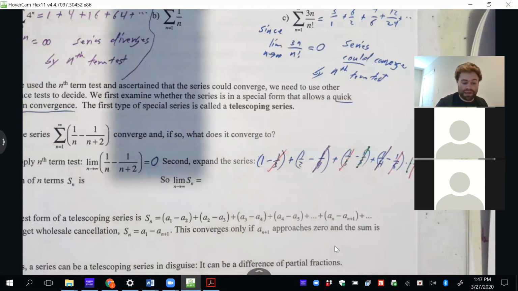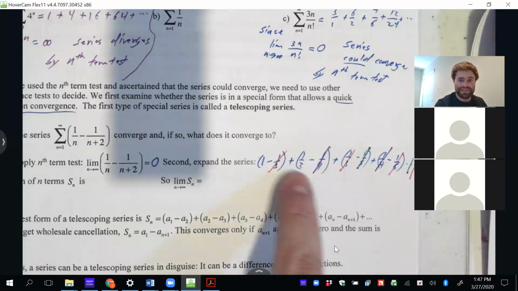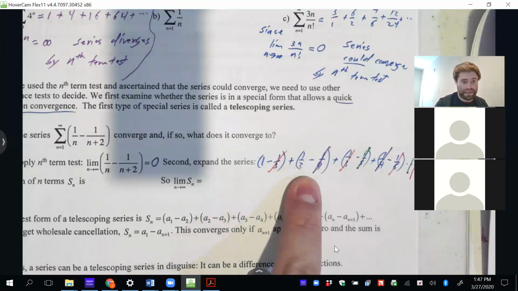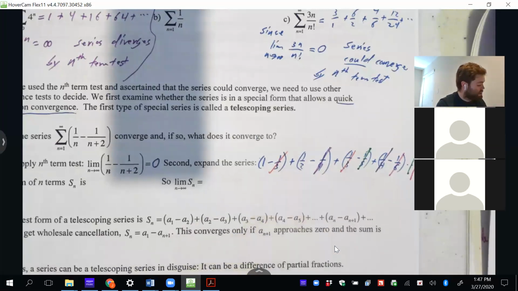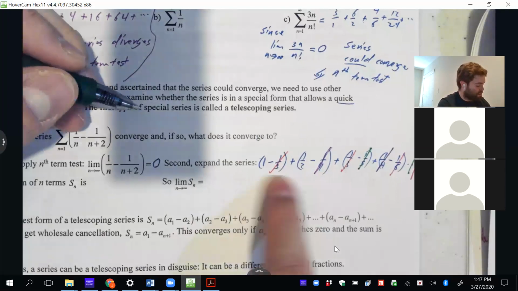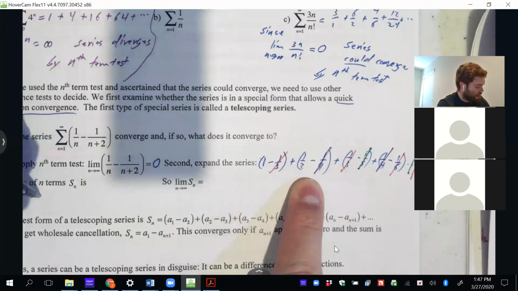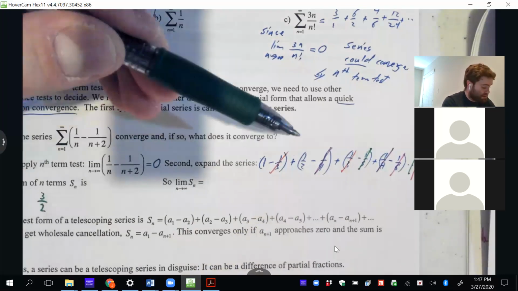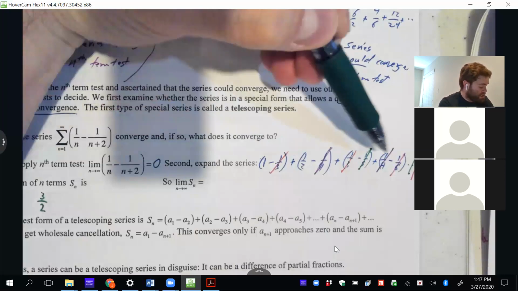But then what's going to be left over at the end? Well, what's always going to end up happening with these telescoping series is however many terms you do have staying alive at the beginning is how many terms you'll have staying alive at the end, the second number of each of those 2 parentheses. So we add these right here. We have 1 and 1/2, which is 3/2, or 1.5. Then as we go all the way to the right to positive infinity, we keep going. Eventually when we stop,